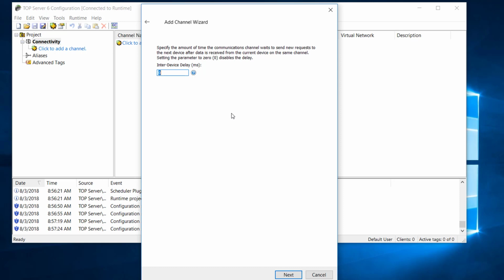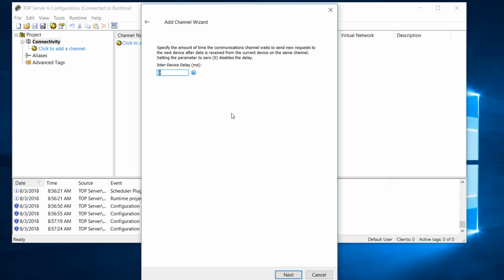This setting determines whether the channel will pause after receiving data from a device before switching to the next device on the channel. It also assumes you have more than one device configured on a channel. For Ethernet communications, our general recommendation is that you have one device per channel for the best communication, unless you're in a telemetry situation where a lot of times that's not possible and you do have to have multiple devices